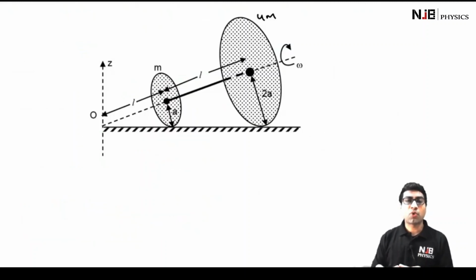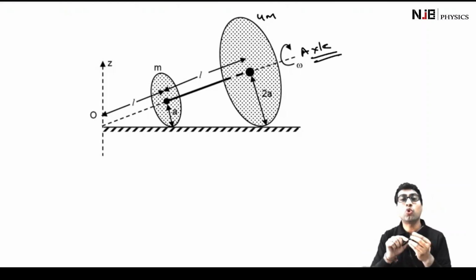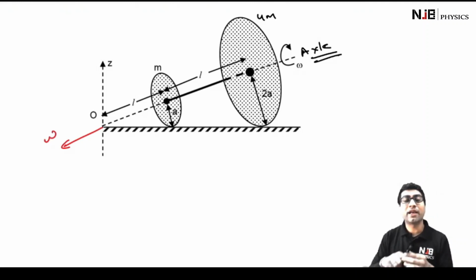Well, in order to solve this problem, let us try to understand what this problem is. In this case, we have an axle. About this axle, there are two discs which are mounted on it. So I'm going to call this axis an axle about which the two discs are going to rotate with an angular speed omega. So basically this entire assembly has an angular speed omega about this axle, and if you try to get its direction, it is going to be in this direction, which is your omega. It's very easy, you just curl your fingers in the direction of this rotational motion, and this is how you get the direction of this omega.